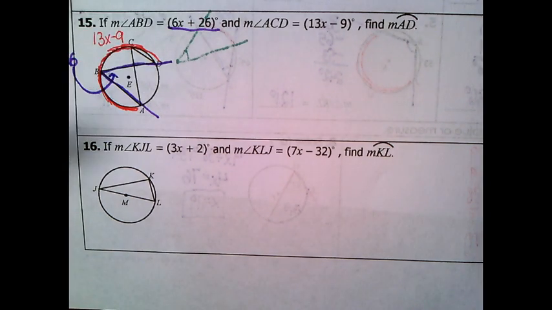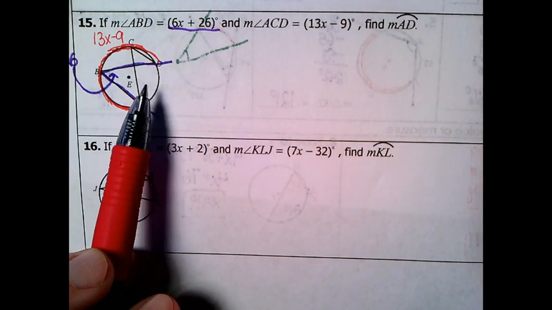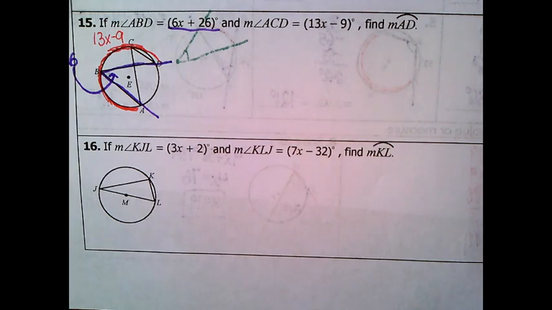They want this part. Okay. So what are we going to do on that one? I know that if I double this, that'll give me that. I don't have any angle on there. So